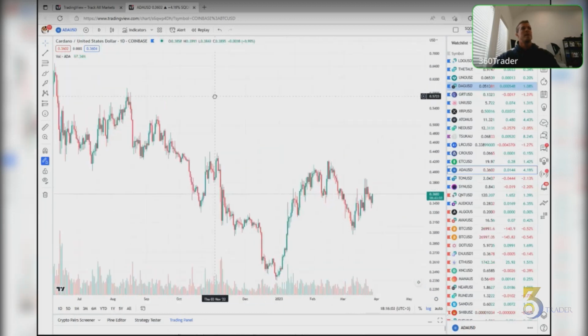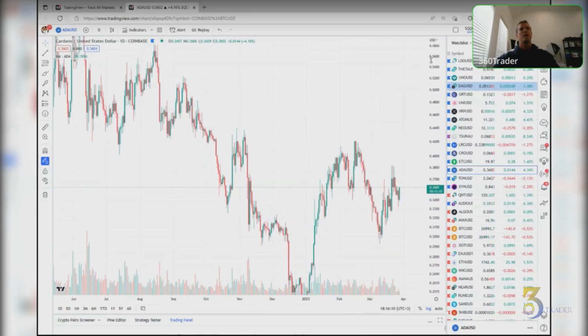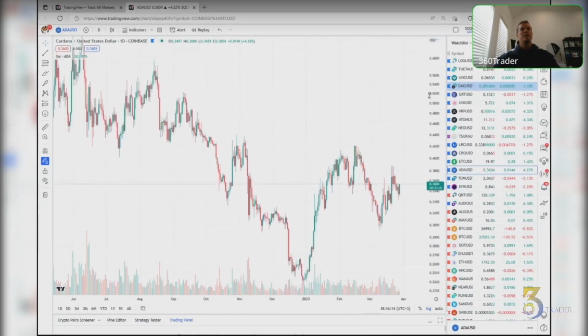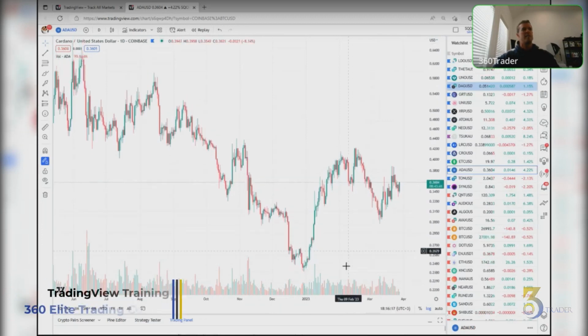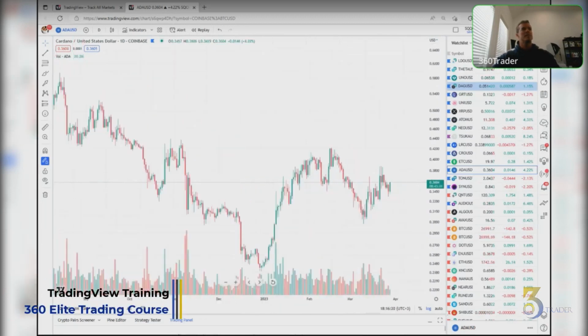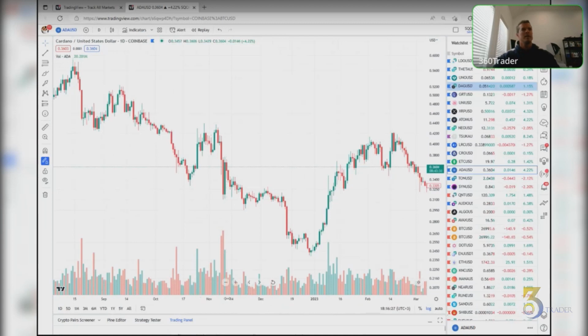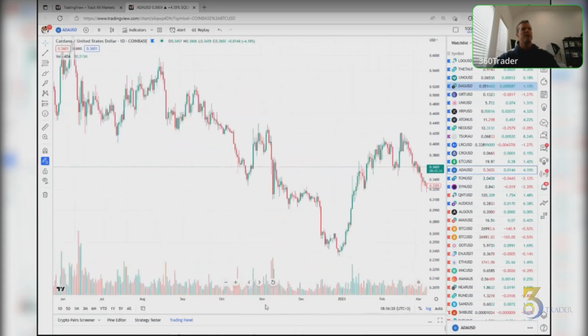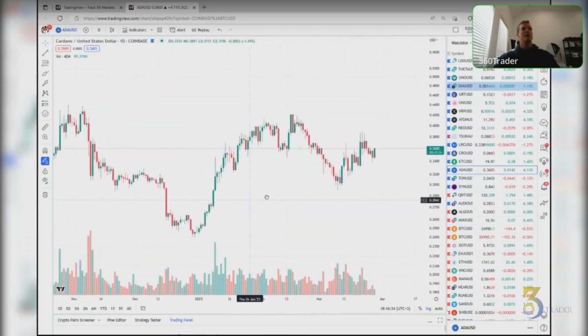All right. So on the right side, here's the price. I can expand that by left clicking in that area and going up or down, so you can increase that size a little bit. And then the bottom is your time frame. You can expand that by coming down here to the bottom in this area, left clicking, and holding it down, and you can open that up. So that's how you move your charts around.